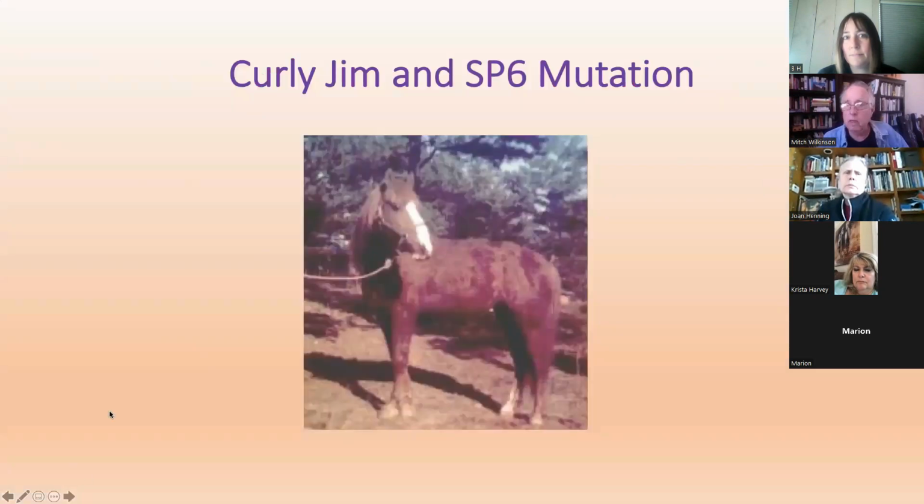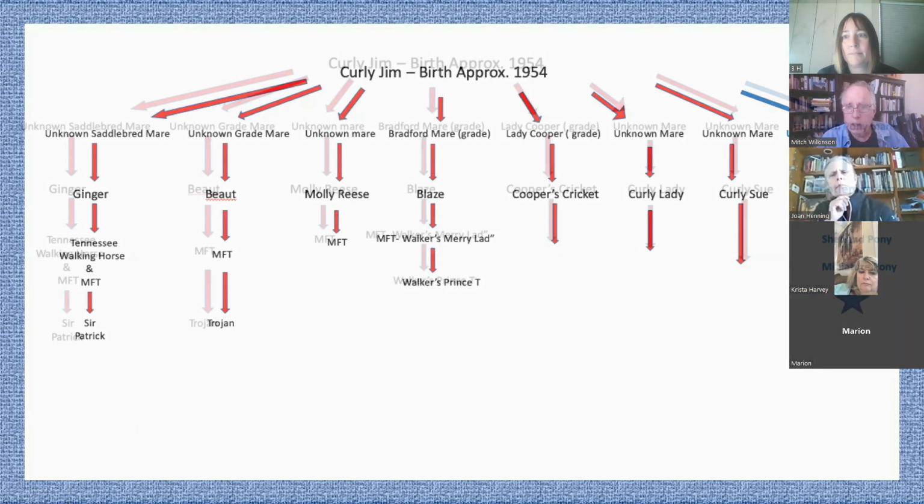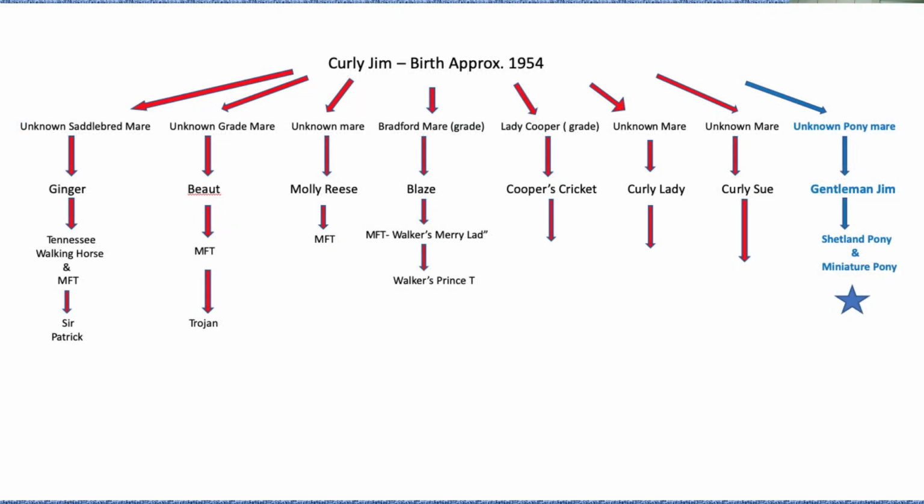And now I'm going to look at the second most prominent type of curly horse in North America. And that's a line of Curly Gem and the SP6 mutation. And keep in mind, the SP6 mutation has never been found in a feral population. And Curly Gem showed up in the 1950s at an auction. Nobody knows where he came from. And to show you